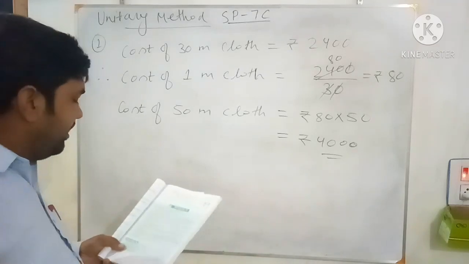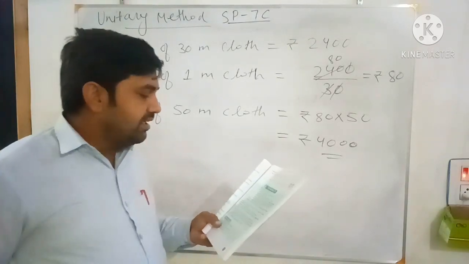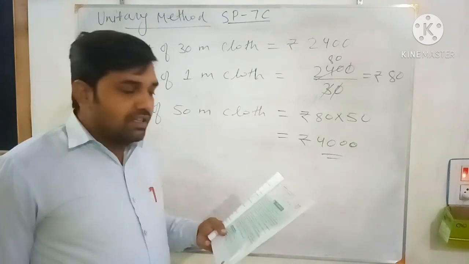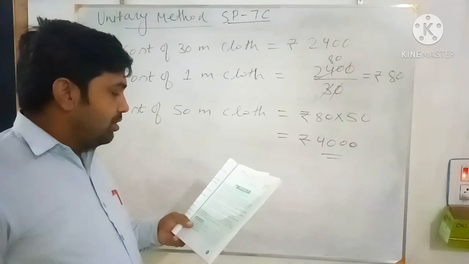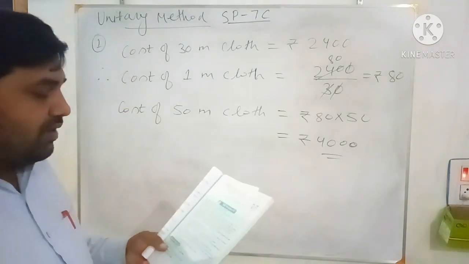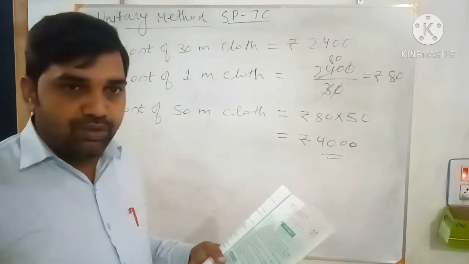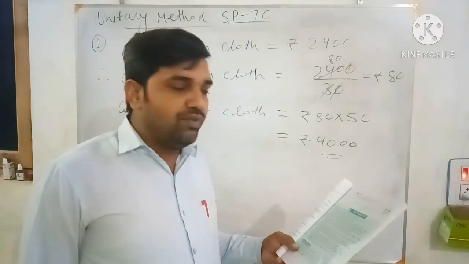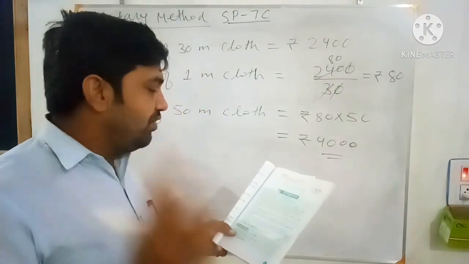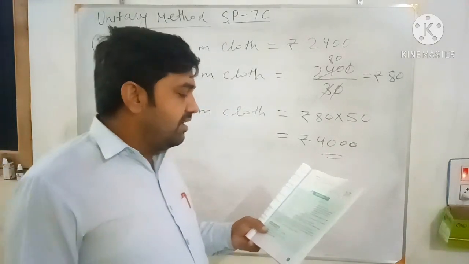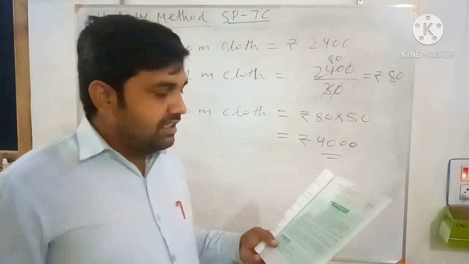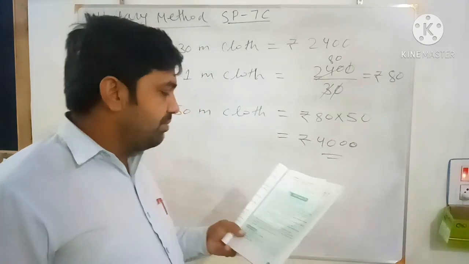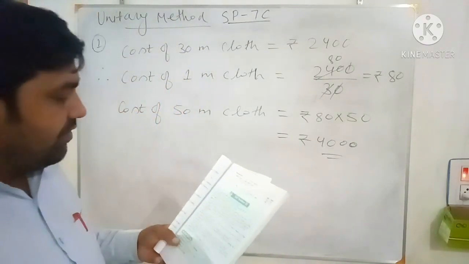Okay, similarly question 3, find the price of 744 articles at the rate of 60.25 a dozen. So a dozen contains 12 items. So 12 articles make a dozen. So the cost of 12 articles is given, 60.25. Again you calculate the cost of one article, that is 60.25 divided by 12. So you will get the cost of one article. Now for the cost of 744 articles, you multiply 744 by the cost of one article. You will get the cost price of 744 articles. Okay.